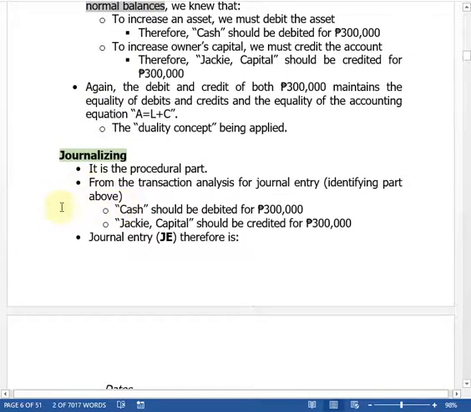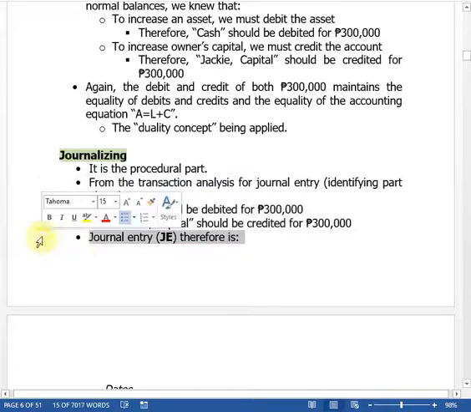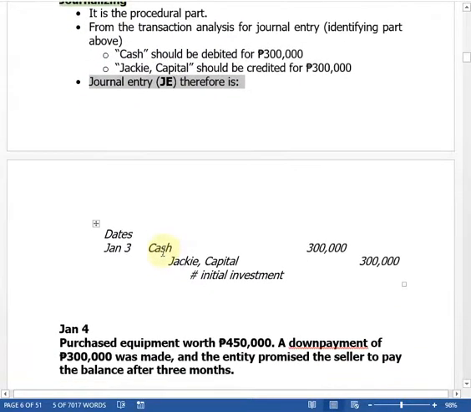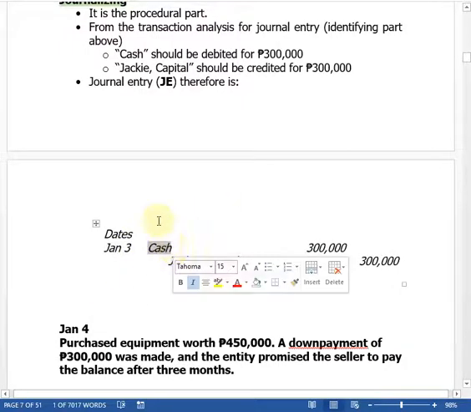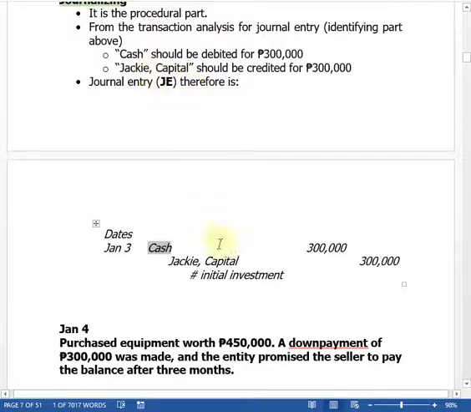Okay? And because of this, we now have the journal entry. And the journal entry should be this one. Of course, the technicalities in the making of journal entries, you should have, one, the date of the transaction, and then you have the debit, which goes to cash in this particular transaction. So debit cash, and the amount of the debit to cash is 300. That is the first part of the entry. After the date, this is now the first part of the journal entry itself.